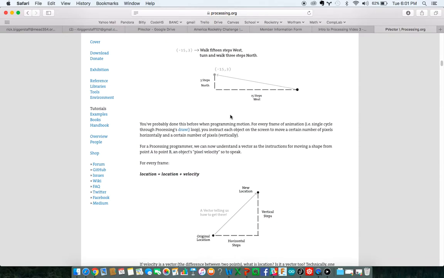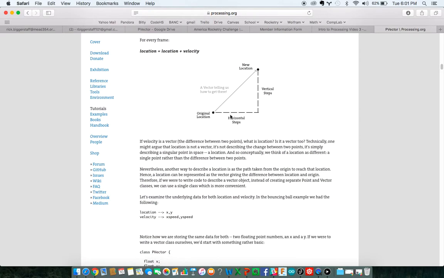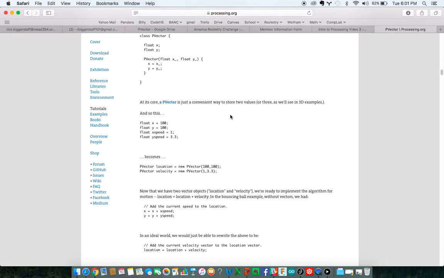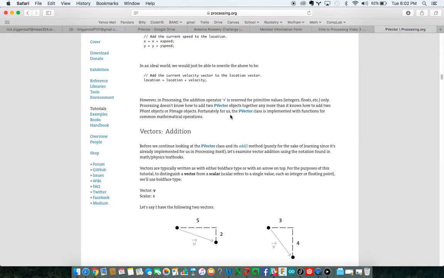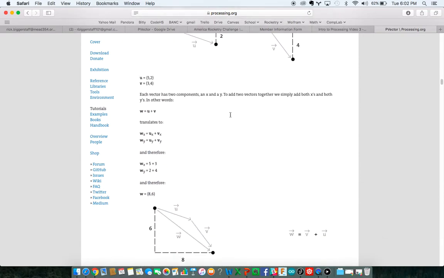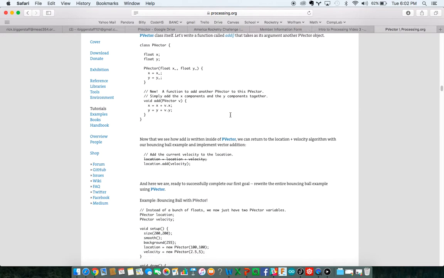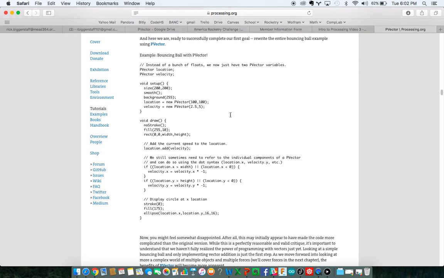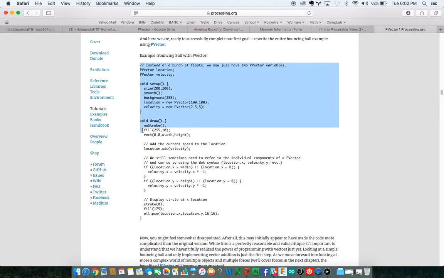But really what I'm going to have you do instead is just keep on scrolling down, and pretty soon through all of this mumbo jumbo, holy smokes, down through here, you're going to see a sketch that says, oh, bouncing ball with p-vector. Cool, okay. Whatever these p-vectors are, just to help get an idea, let's just copy this code,